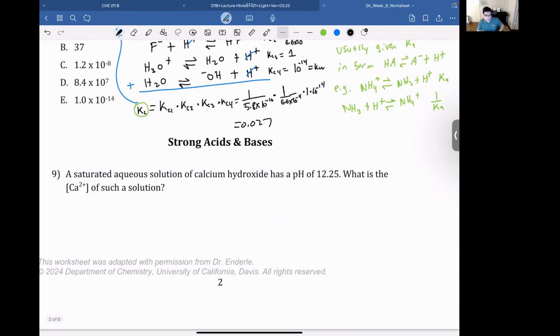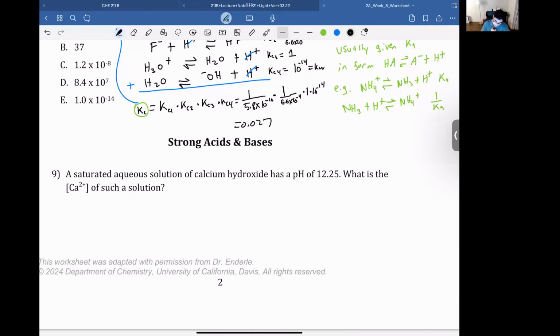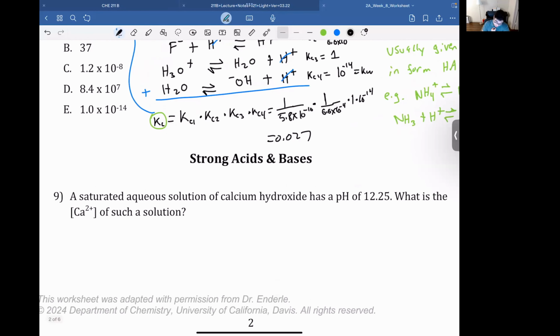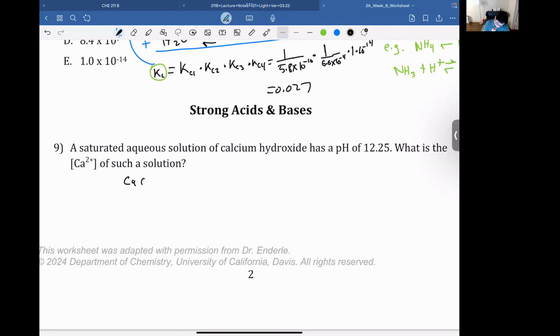All right, number 9. It says a saturated aqueous solution of calcium hydroxide has a pH of that. What is the molarity of calcium in such a solution? For this, first let's write out the chemical equation. Like that. So you can see that for every calcium hydroxide that dissociates, there's twice as many hydroxides